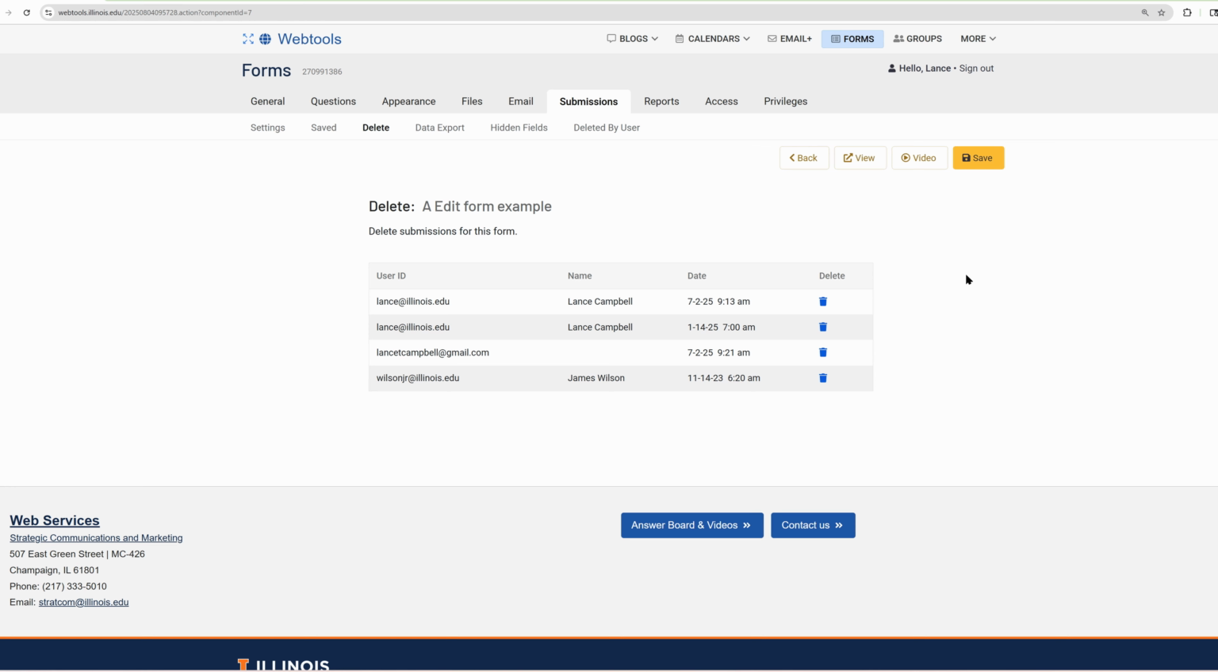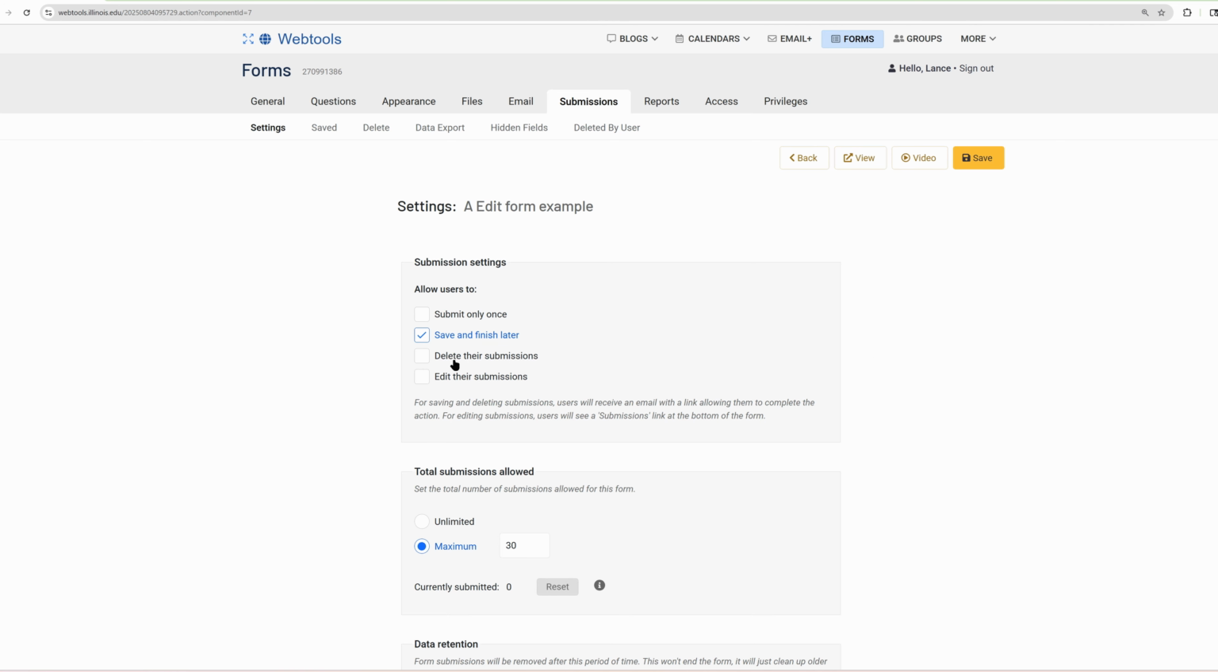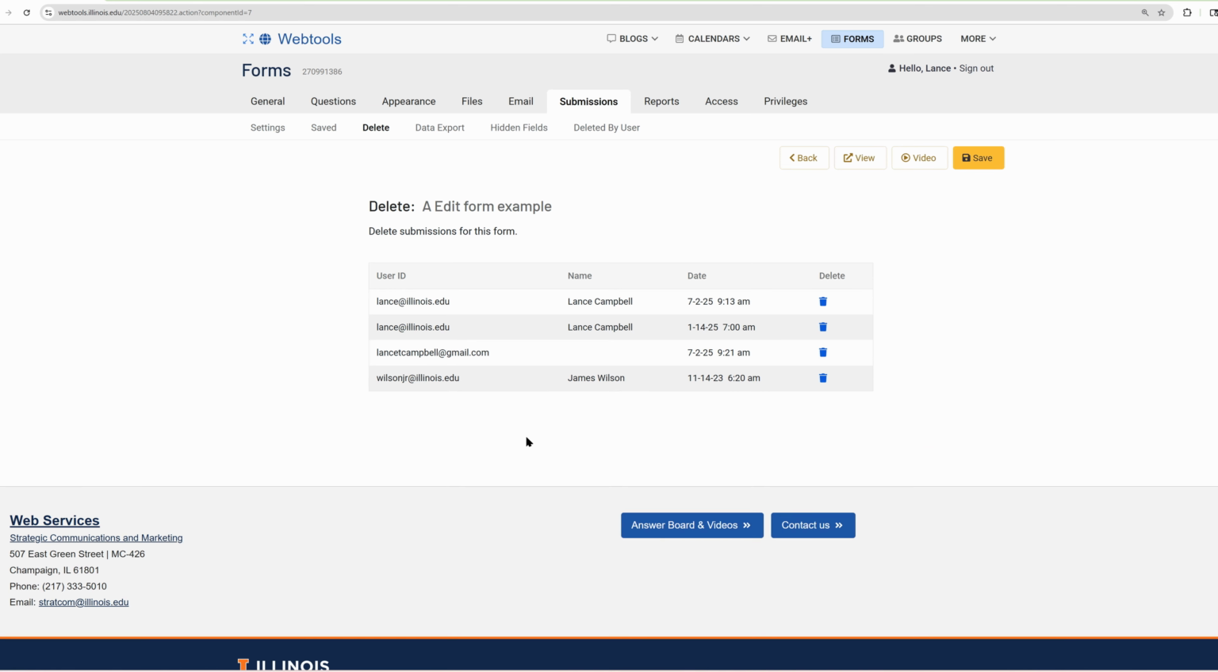On the Submissions Delete screen, this is where we can delete a submission. So let's say people have been registering for a presentation, and somebody has reserved a spot, maybe there's only 30 seats available, and they're not able to make it. And they contact you directly rather than using the delete link or the delete option that's on the settings screen to delete their submissions. And maybe they lost the URL that was sent to them to be able to delete,